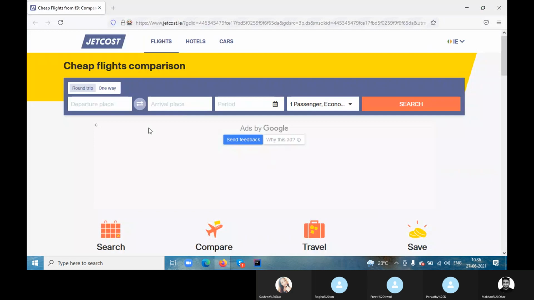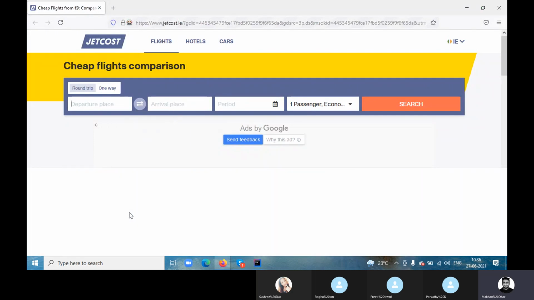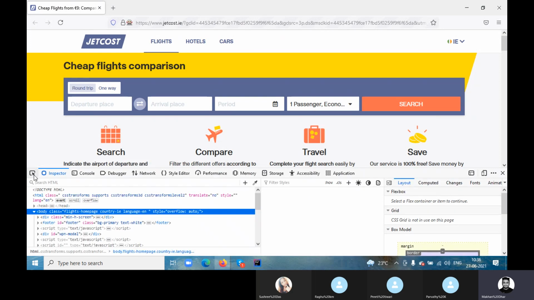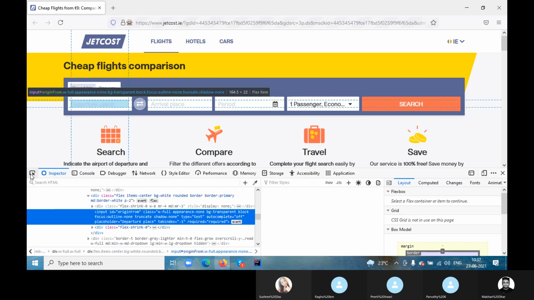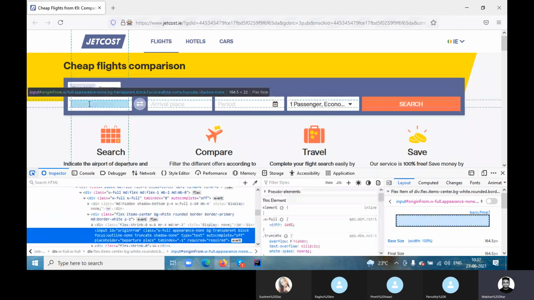What is the issue? So go with the XPath now. So this is the text.